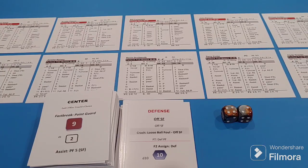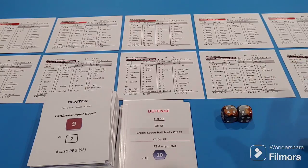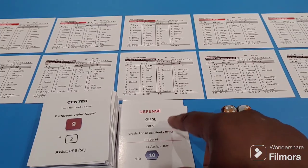So yeah, those are my little nitpicks as far as the production of the game itself. Now the gameplay, as you can see, it plays great. The game flows really nice. The dice go really nice once you know what everything means in the charts, and it's really easy. Once you read through the rule book and the terms for each thing, the game plays pretty nice. The only thing I would say is sometimes the cards